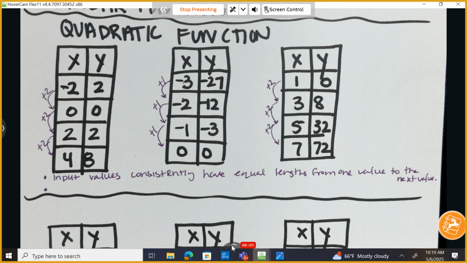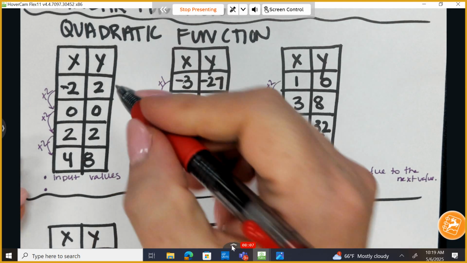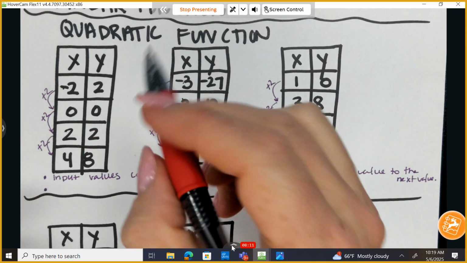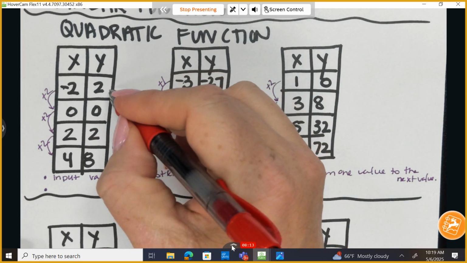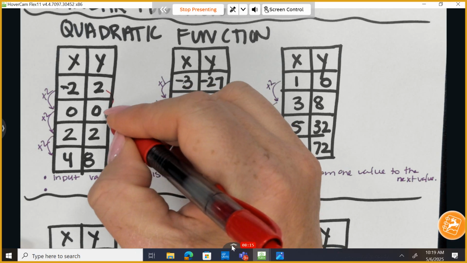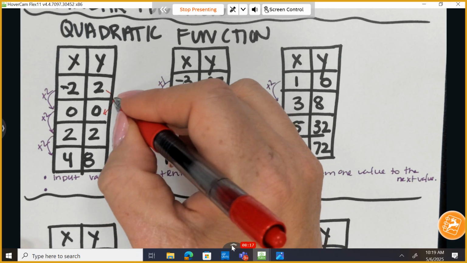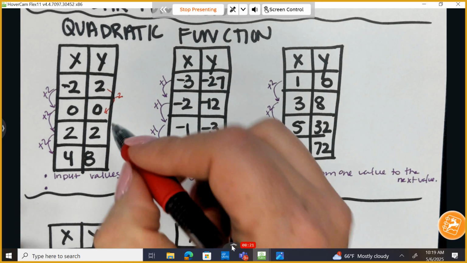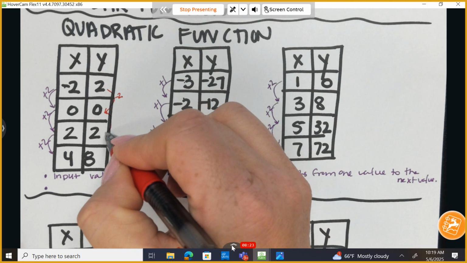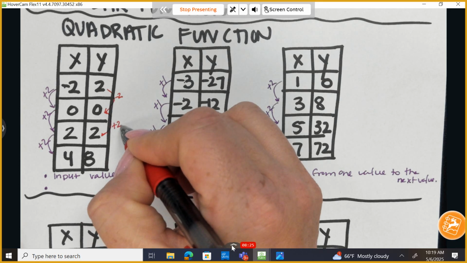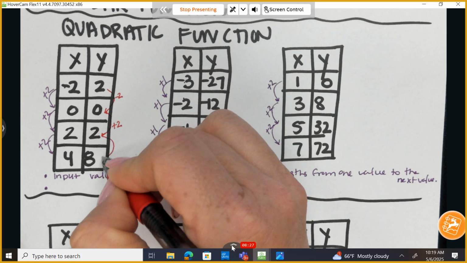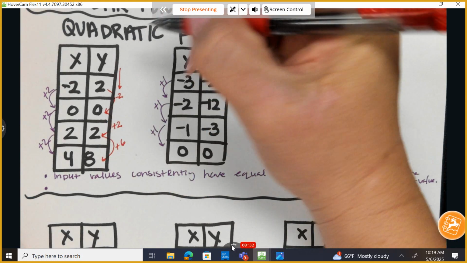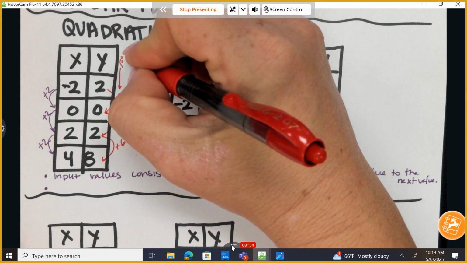Okay, now we're going to check the output value. So let's check this. You ready? You have to be very neat here because this is just a tiny bit more work. You always have a calculator if you need it. How do I go from 2 down to 0? I subtract 2. Make sure you put a negative sign. How do I go from 0 up to 2? I add 2. How do I go from 2 to 8? I add 6. This is referred to, I'm going to be lazy here, as the first